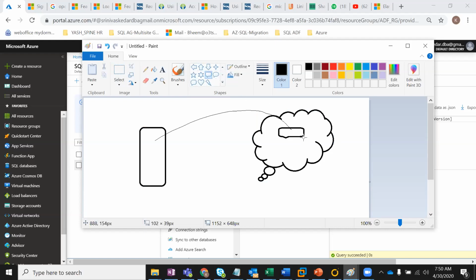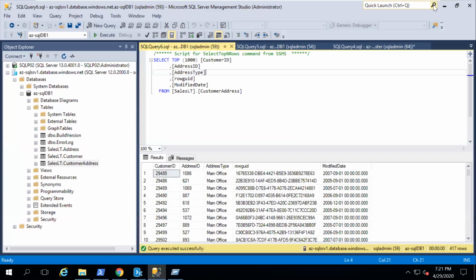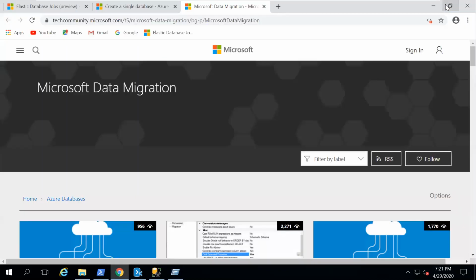There is another approach, on premises to IaaS, infrastructure as a service, which we have to deploy as well. Let's try that one today so that we get an idea of it. This is my migration process, which I did quickly over here.